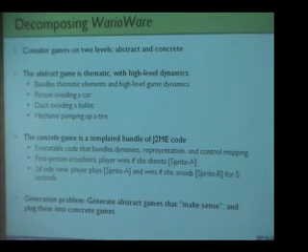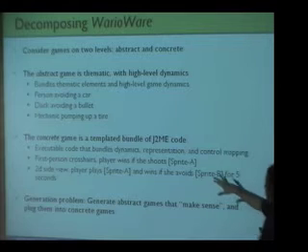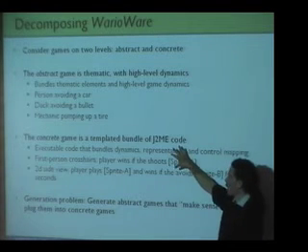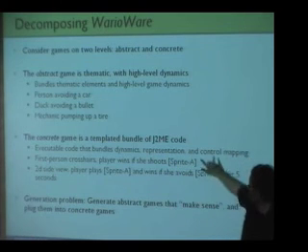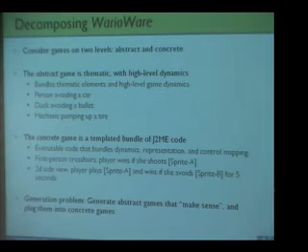So we have this nice little J2ME class library for microgames that allows us to assemble games. It's more than templated code generation, because we're taking classes and composing and instantiating them in various ways. It's a really rich framework for creating a large generative space of microgames out of this class library. And so this is executable code that bundles dynamics, representation, and control mappings into one black box. So you might have like